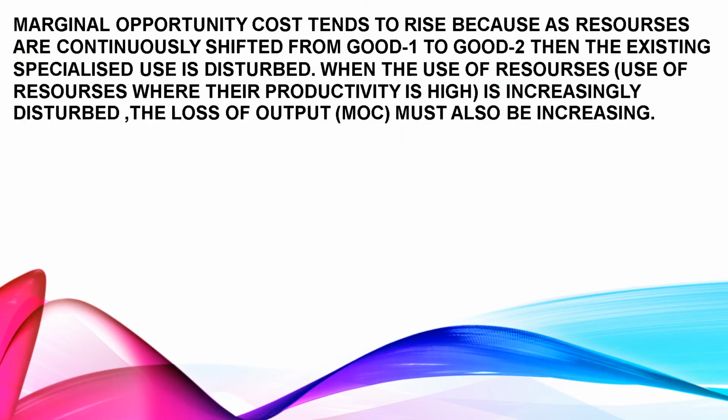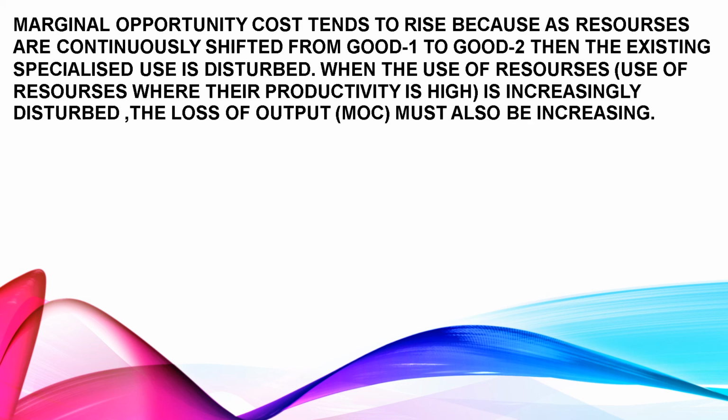So marginal opportunity cost tends to rise because कि जब हम अपने रिसोर्सेज को एक गुड से दूसरे गुड पे शिफ्ट करते हैं, मीन्स कि सपोज हमारे पास एक लैंड है जिसका यूज़ हम लोग सिर्फ एप्पल्स बनाने के लिए करते थे, तो वो जो लैंड है वो उस एप्पल्स की प्रोडक्शन के लिए अब परफेक्ट हो गया है, वो हाईएस्ट प्रोडक्टिविटी देता है एप्पल्स की। बट अगर हमें कोई भी सर्कमस्टेंसेस में गुड 1 से मीन्स एप्पल से व्हीट पे शिफ्ट करना पड़ा, तो जो उस लैंड का यूज है वो डिस्टर्ब होगा, जिसकी वजह से हमारा जो लॉस ऑफ आउटपुट ऑफ एप्पल है वो बहुत ज़्यादा होगा।